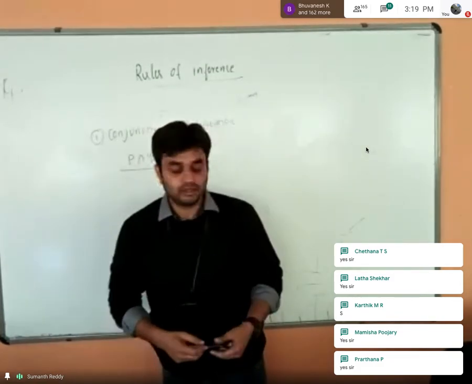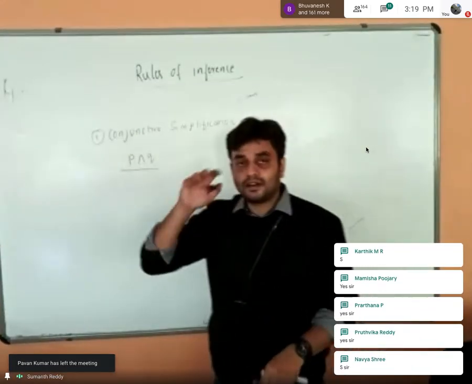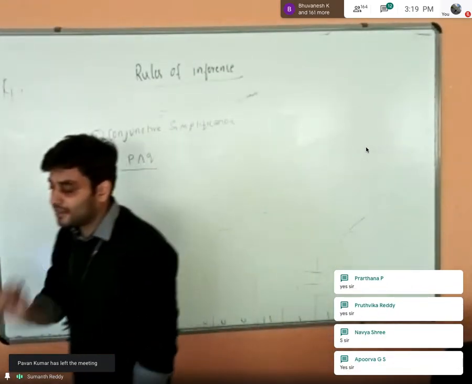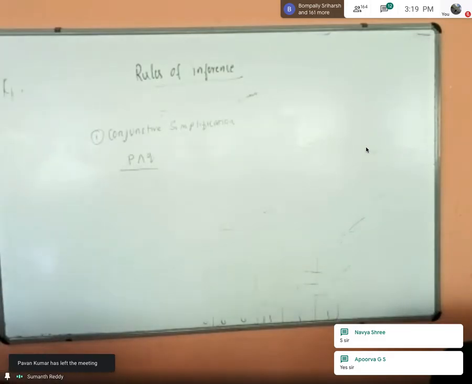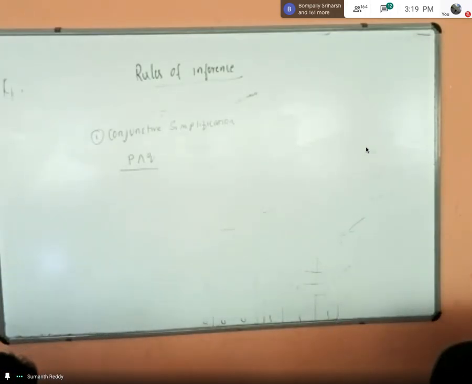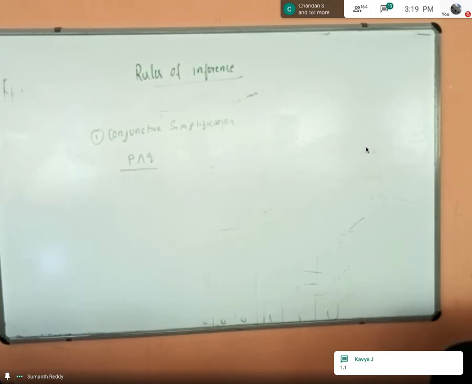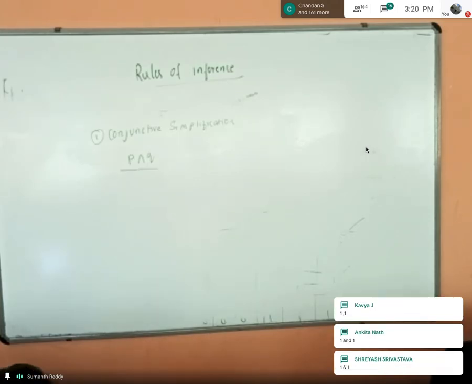Okay, what I was telling, see actually you only tell me. What I have told is in the premises I have told you P ampersand Q is true. So what is the conclusion? Can you tell me what will be the value of P and Q here? Students, I have given you P ampersand Q is true, so now I am asking you the values of P and Q. Tell me. Exactly. They are true, right?